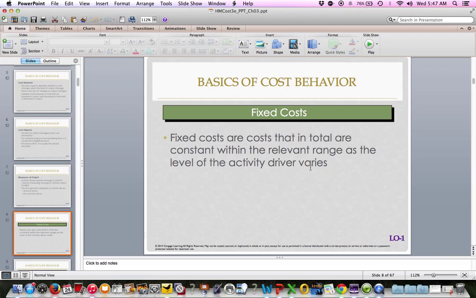So basically the relevant range with anything is, here's where our capacity is. There's usually a bottom and a top to it. And as long as we're within that relevant range, costs will behave a certain way. So you'll see that come up in some of the problems that you do: within this relevant range, here's our cost structure. And what they mean is, above that or below that, we probably would adjust our fixed